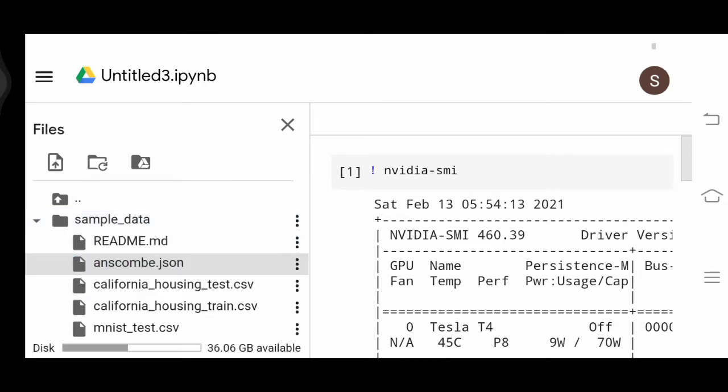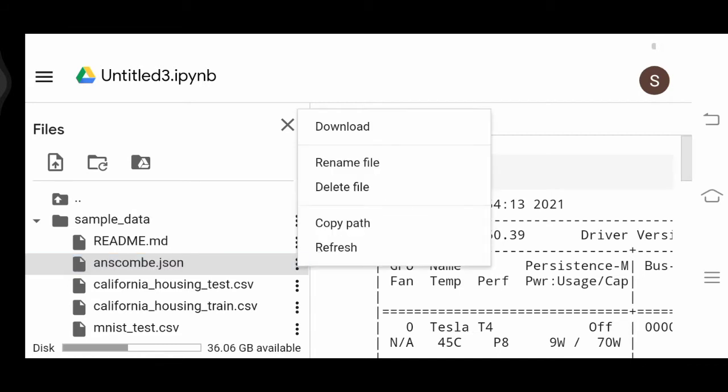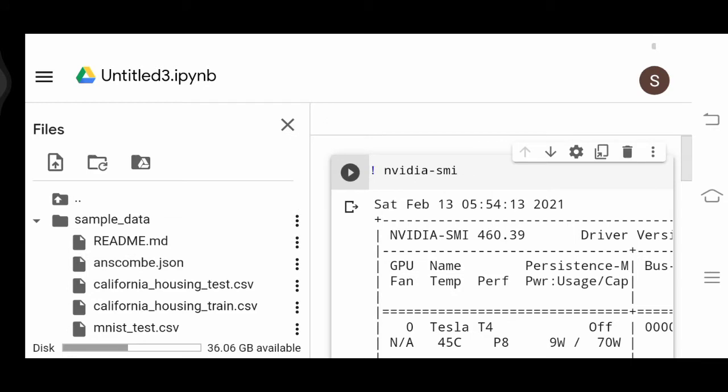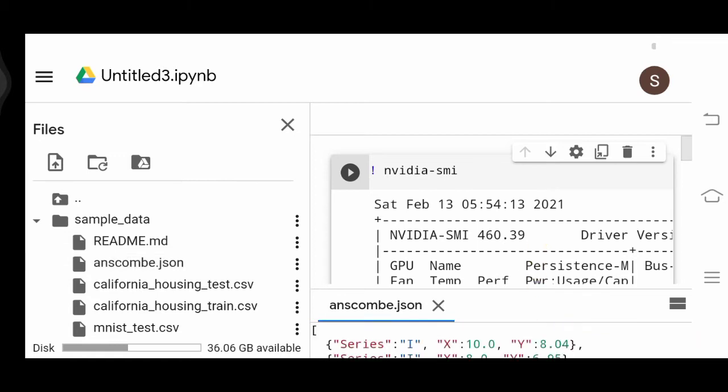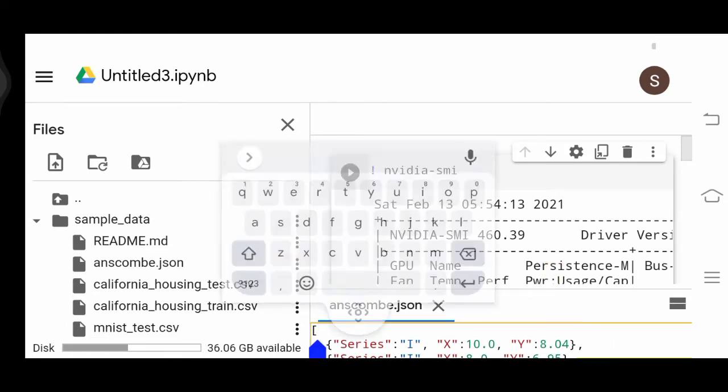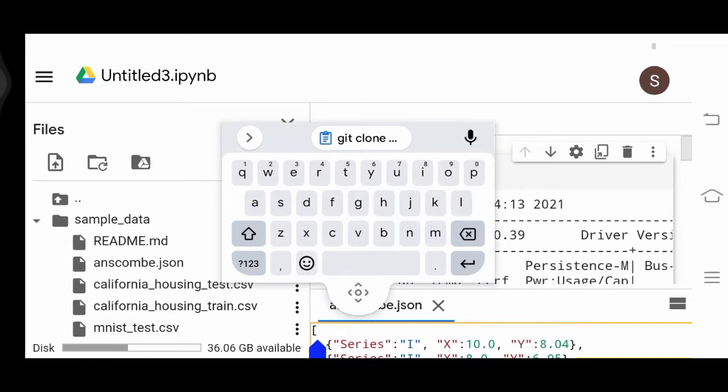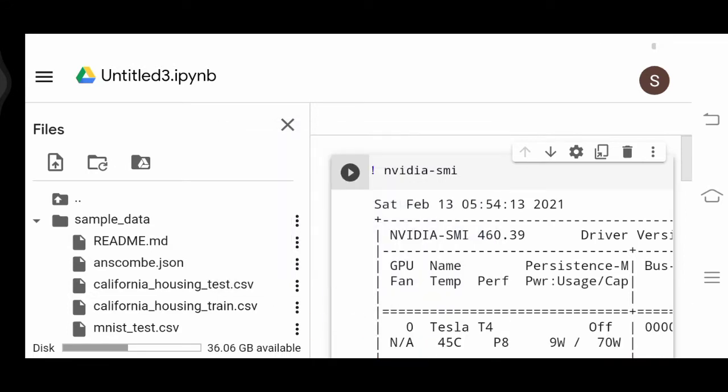If you want to open a thing now, or if you want to download it, you can just click this and you can download it, take it to a path and change all those things. If you want to view, it is hard to view, I think. Okay, it's hard to view. Actually, we can view now. Oh, that's great. So you can change everything from here. But it's a bit hard, so we don't want to change it. Let's keep it like that.